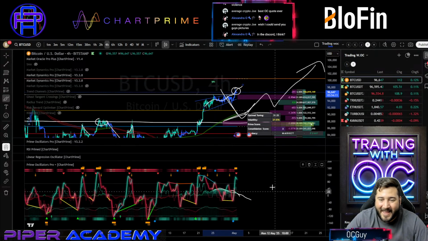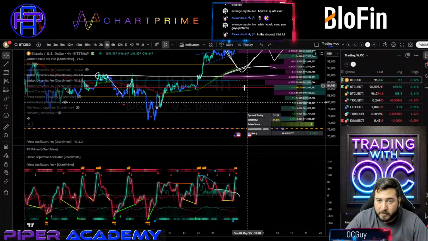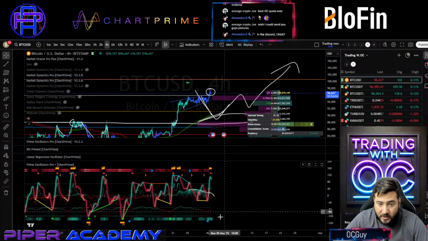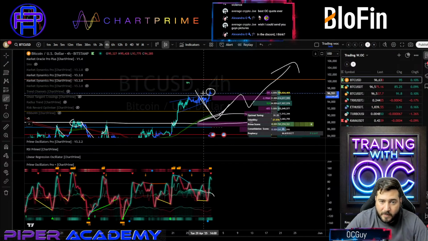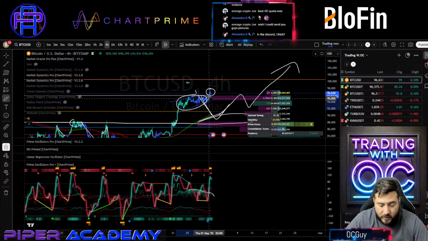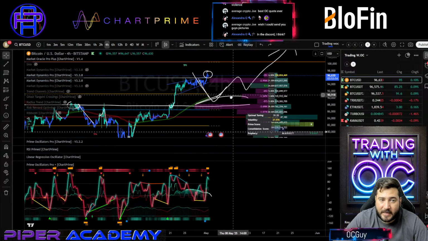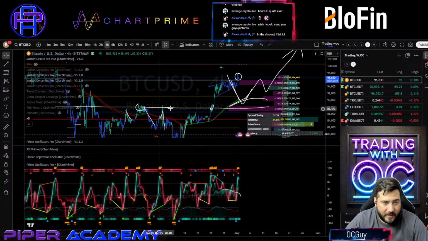So other than that, that's what is a divergence at this point. Divergences here play a huge role, especially when we're looking for topping signals. Remember that we also talked about having these wedges at the top. Usually it is a reversal signal, or at least indicates that we usually break to the downside and then we move once again to the upside, right?